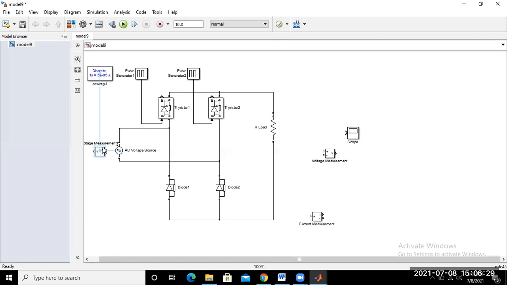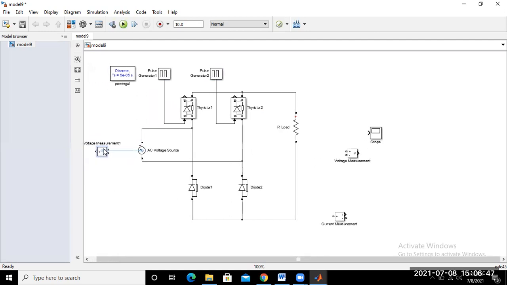So just connect this voltmeter from this point to this point, so this voltmeter connected here, parallel with this supply voltage.